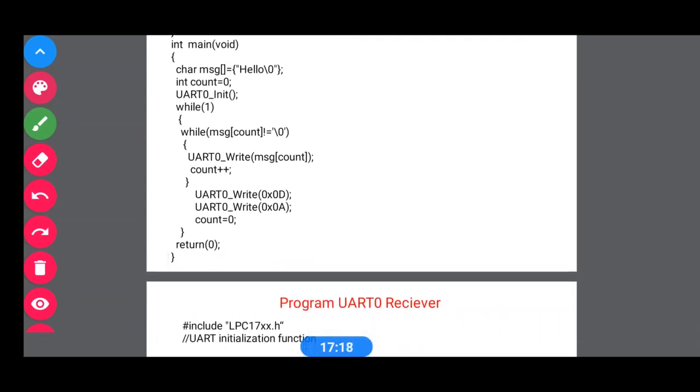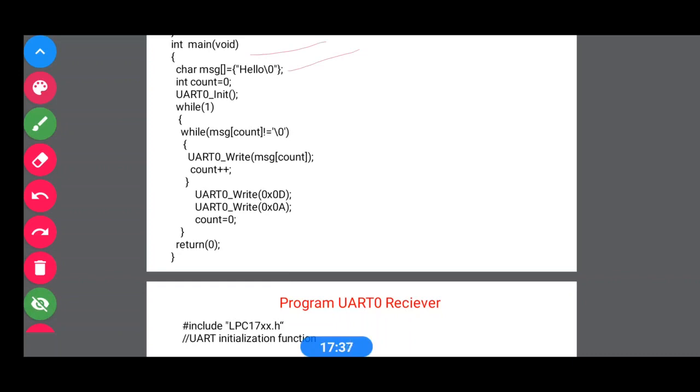Let's see how we write a transmission using UART in LPC1768. So in the main program, we are going to send a